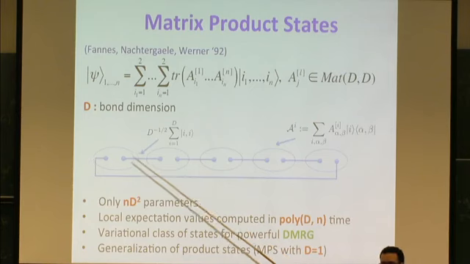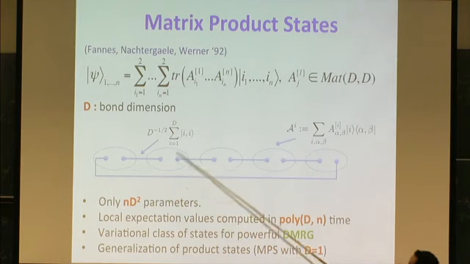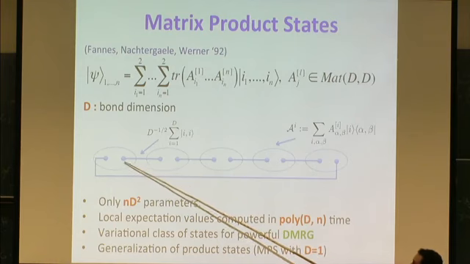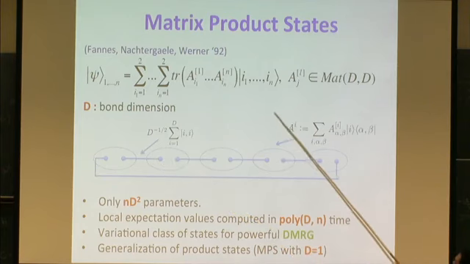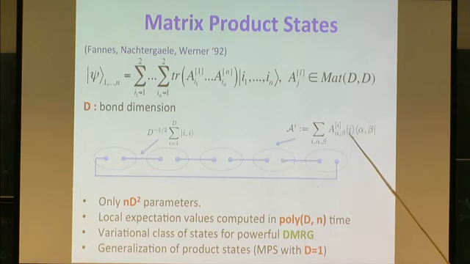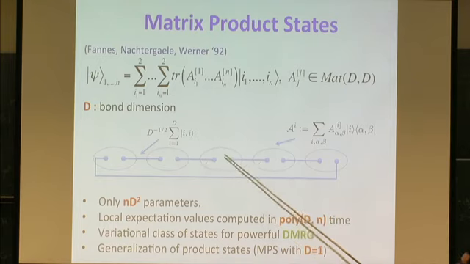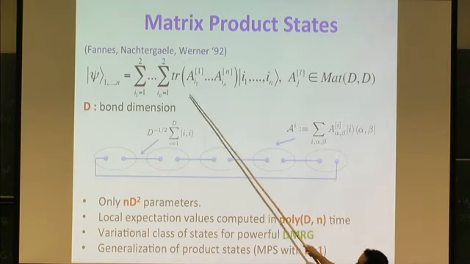You can imagine that these states are formed by putting virtual particles inside each site, two of them, the two virtual particles of the first site and of the second, and then connecting the sites by maximally entangled states of dimension d, the bond dimension, and then projecting with this matrix on each site. This matrix just maps this d by d space into 2, because this i goes from 1 to 2. So you can think of it as having a lot of maximally entangled states between nearest neighbor sites, and then projecting them to get these states. If you do the math and contract everything, you get this state.